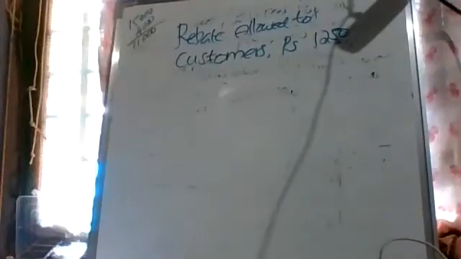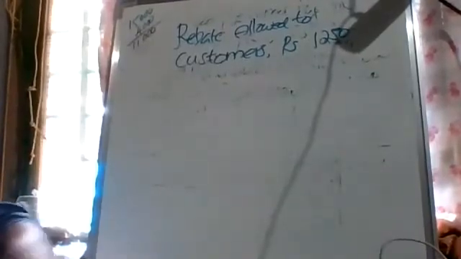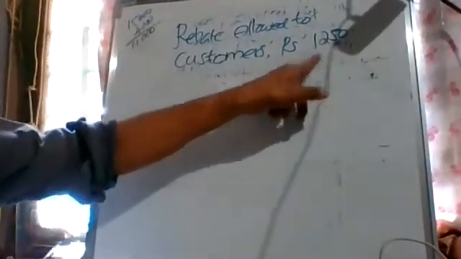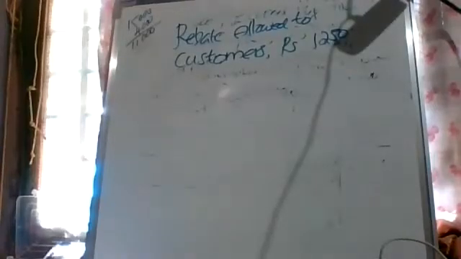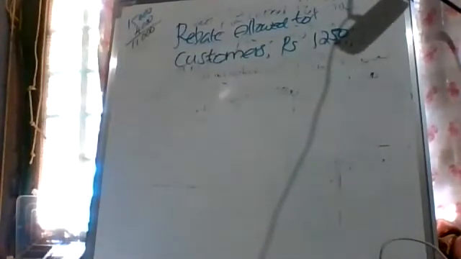What's the meaning of rebate allowed? We are informing the customers that this much amount, 1,250, you don't need to pay. We, meaning the business organization, are informing the customers that this much amount you don't need to pay. We are not receiving, we are not paying, we are informing the customer. So this much amount is deducted. That is our loss. When some amount is not to be paid by the customer, that much balance will be reduced. Sundry debtors is an asset.